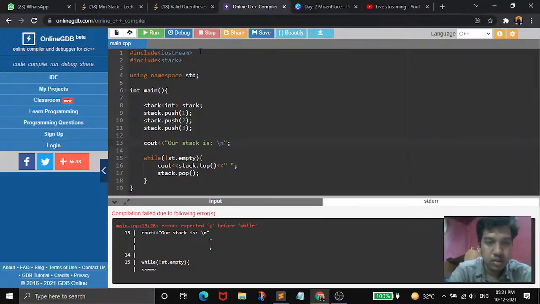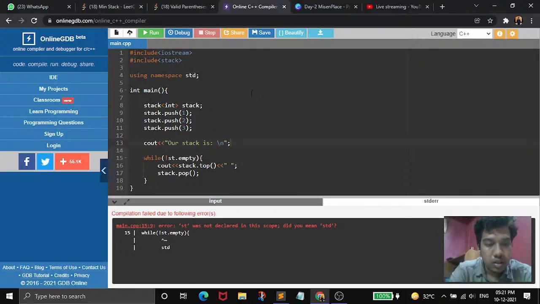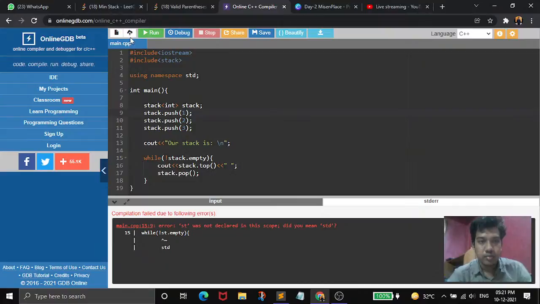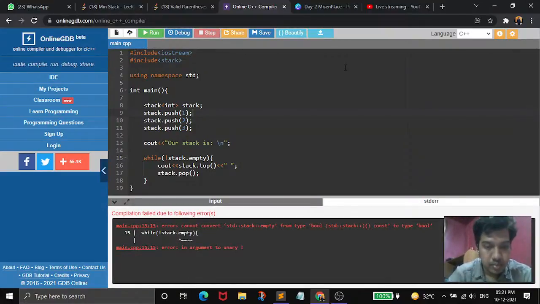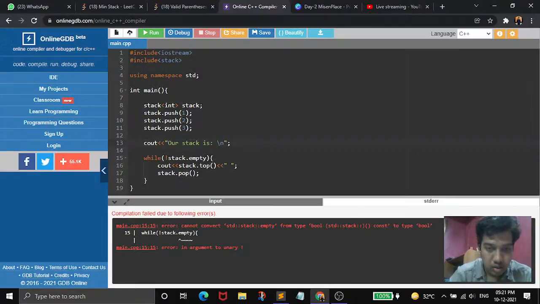Semicolon. Here again we have to use st. Okay, so we have not given the function parenthesis here.